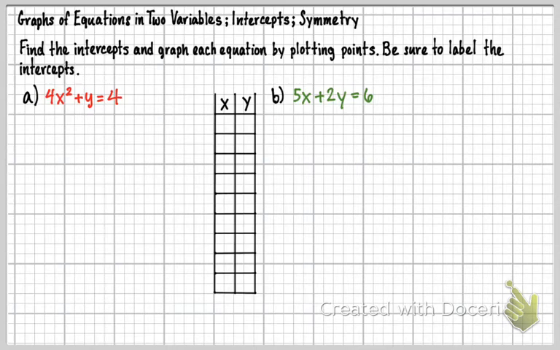Okay, so to find the intercepts, I'm going to say x-intercept. Make sure you label these x-intercept and y-intercept. It's not enough just to say intercepts. So be careful with that, just so you get full credit. So what we're going to do is, when I'm dealing with an x-intercept,